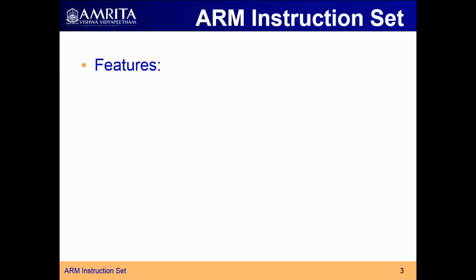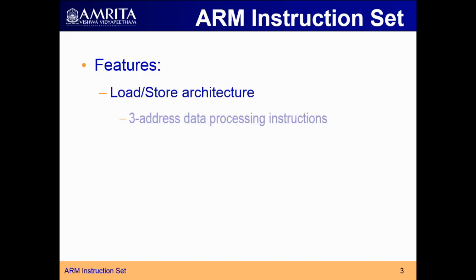So what are the features of ARM instruction set, or basically the data processing instructions? First one, it is having load store architecture. What does it mean? Load means you are loading the contents of data from memory to a register. Storing means after performing the operation, you will store back the contents of the register to the memory, right? Whatever operations you are performing will be performed only on the registers, not on the memory. If the data is there in the memory, it will first be loaded to the register, the operation will be done there, then it will be written back. That is known as load store architecture.